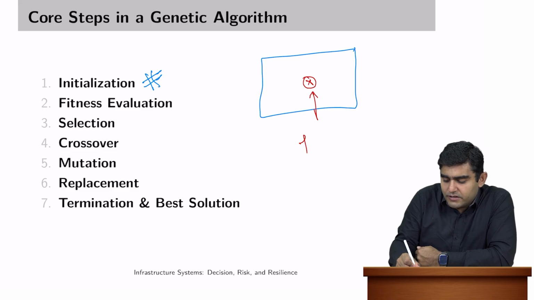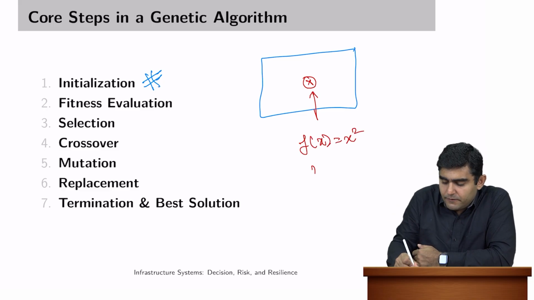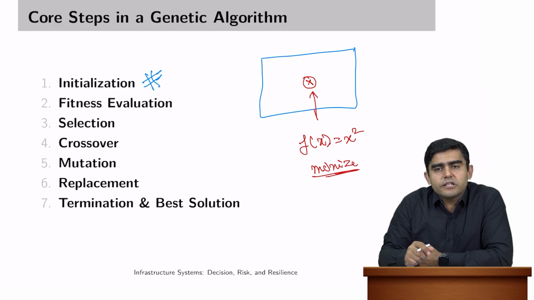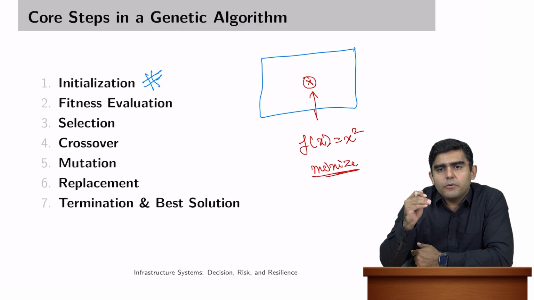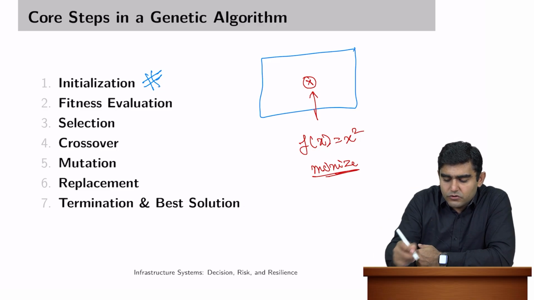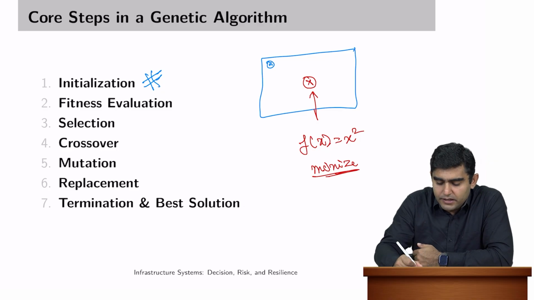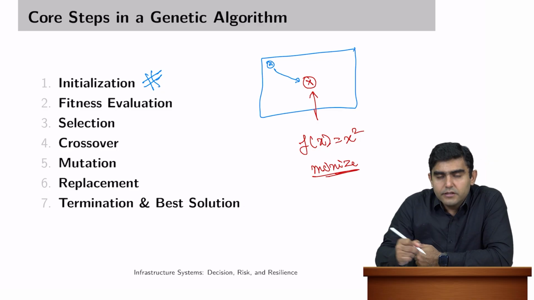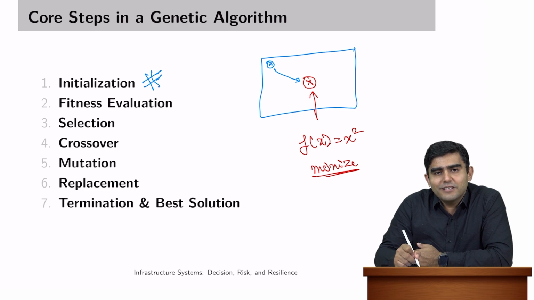Let us say this is some function f(x) = x squared, and the problem is that we may have to minimize this. Now mathematically you would know that putting x equal to 0 gives your answer, the minimum value. But let us think about it in an algorithmic way. You do not know where this is, so you will initialize your best guess here, and then you will see that there is some difference,